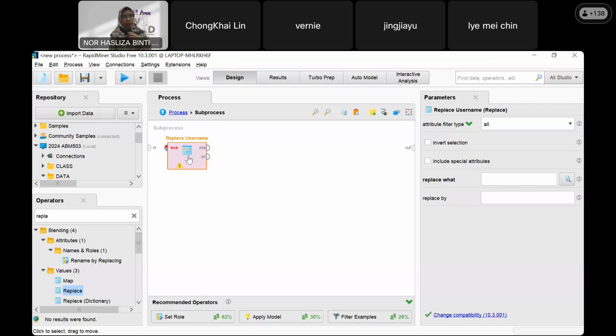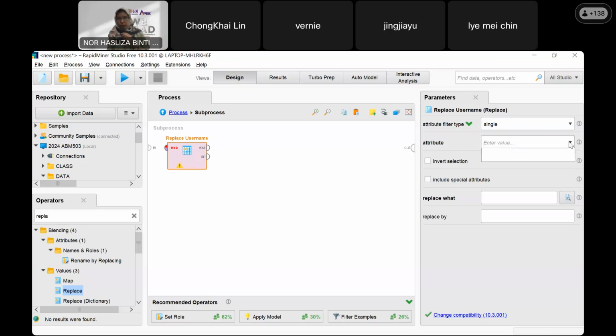Okay, try to click inside this parameter. Here, single attribute, text. Remember, attribute is text. This function is only for replace, but RapidMiner doesn't know what to replace with.